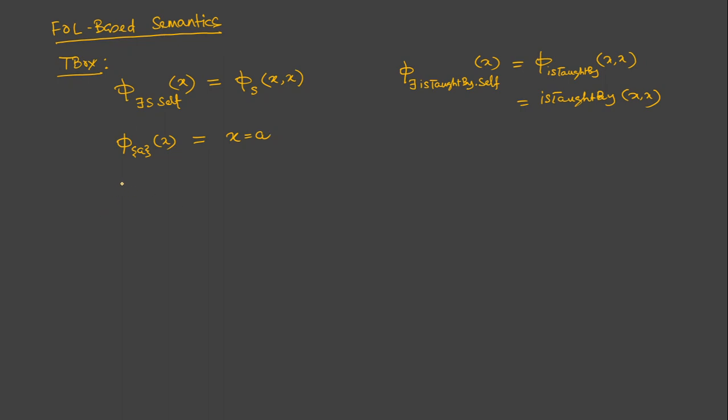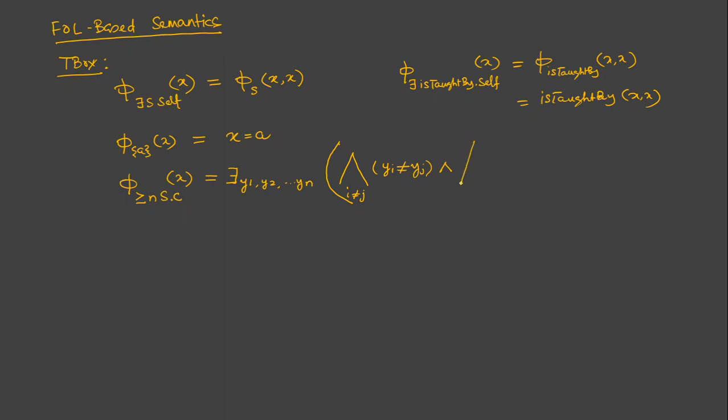How do we represent something like the max cardinality restriction? Less than or equal to, let us first represent the min cardinality restriction. Greater than or equal to n S, right? And again, this is a class expression. We'll have one argument here. So we should ensure that there exist at least n elements that are connected to x, right? So y1, y2 to yn, and all of these should be different from each other, right? So for i not equal to j, we say that yi not equal to yj,